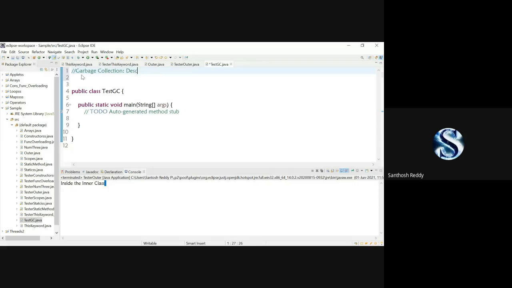Garbage collection is used for destruction of memory. Okay, what type of memory? When we don't have a reference for an object. When there is no reference for an object, at that time we are going to call GC. But when we have references for everything, the JVM will take care of cleaning your memory.